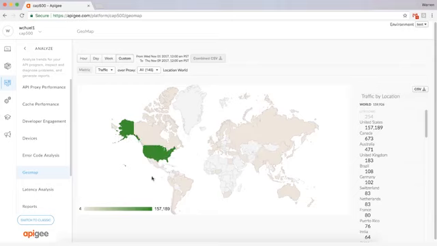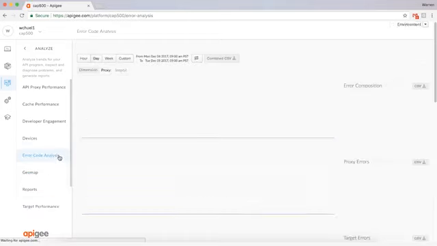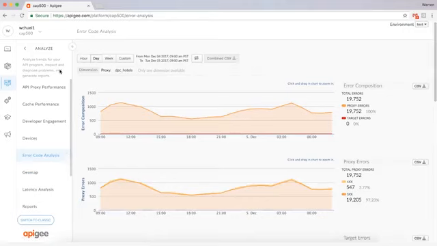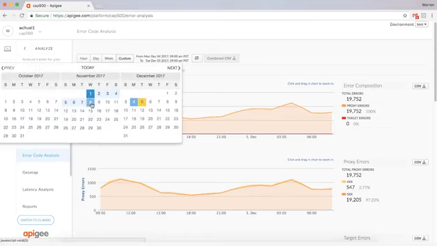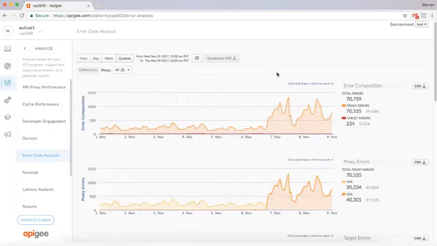We've shown the success and error rates previously, but let's say you want to deep dive into what's causing those errors. With the Error Analytics page, you can view specific error-related metrics such as error percentage in the proxy versus the target. We see developers and support teams use this data a lot, since the first step in solving an error is usually to determine if it's from an API proxy itself or the backend.